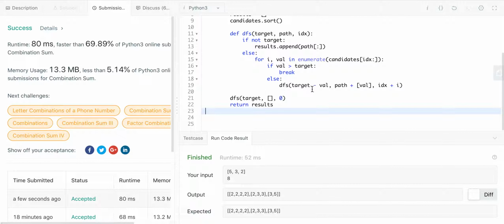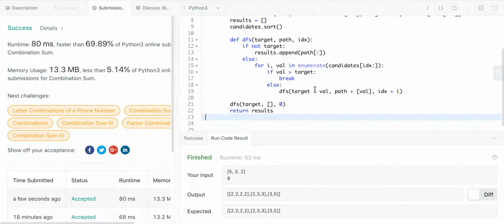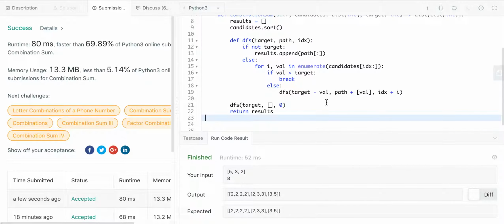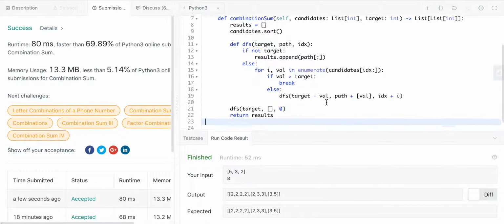Okay, seems like it's a little hard to explain. Yeah, so the number of times we call DFS is our target divided by the smallest element's value. And then each time that happens,